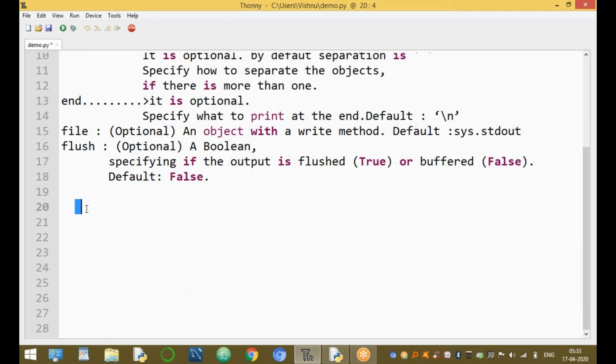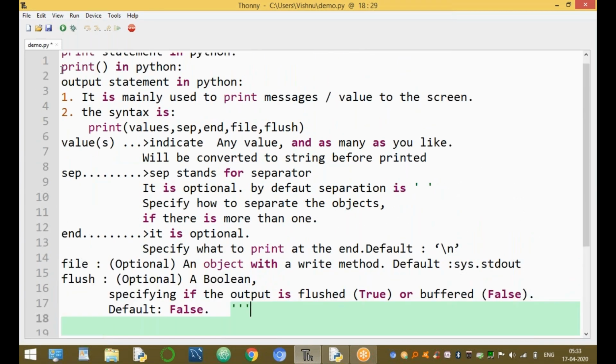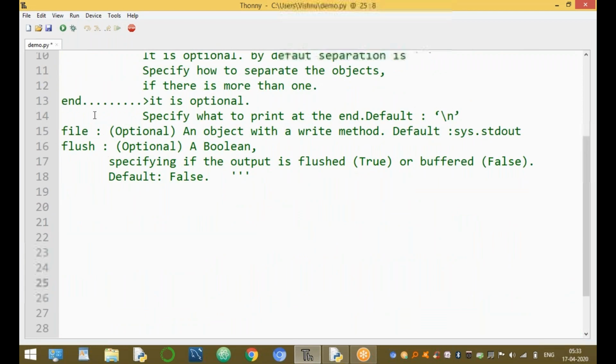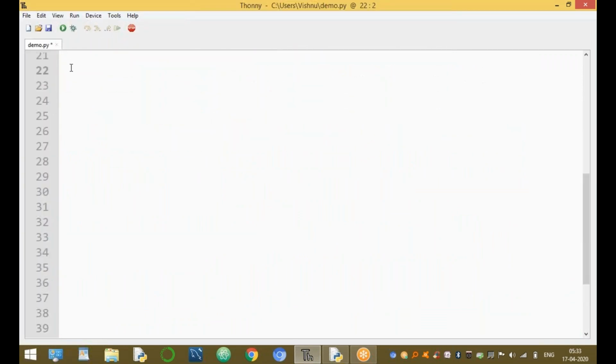Here we are explaining simple examples using the print statement. First, example one. This statement is used to print any values or messages.